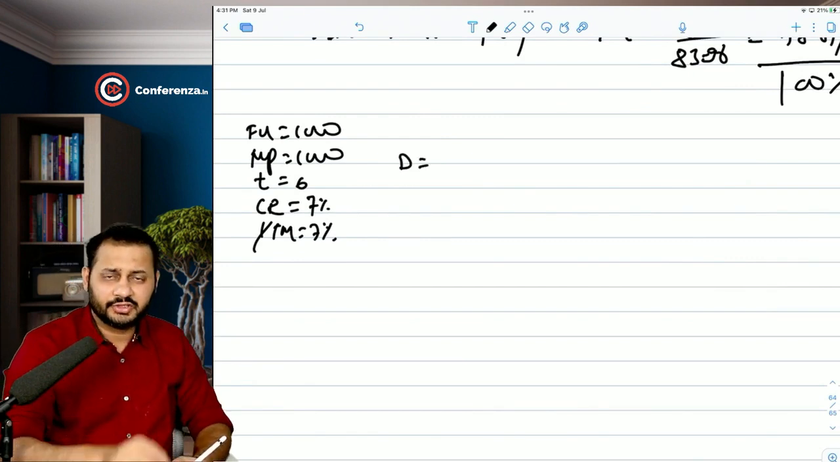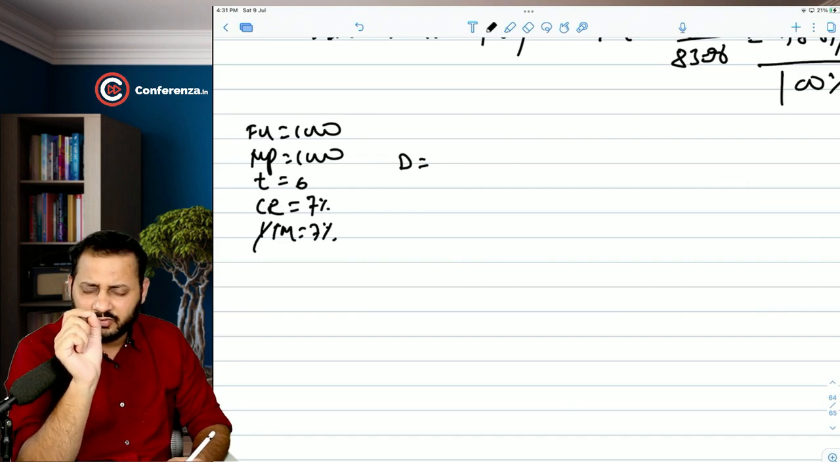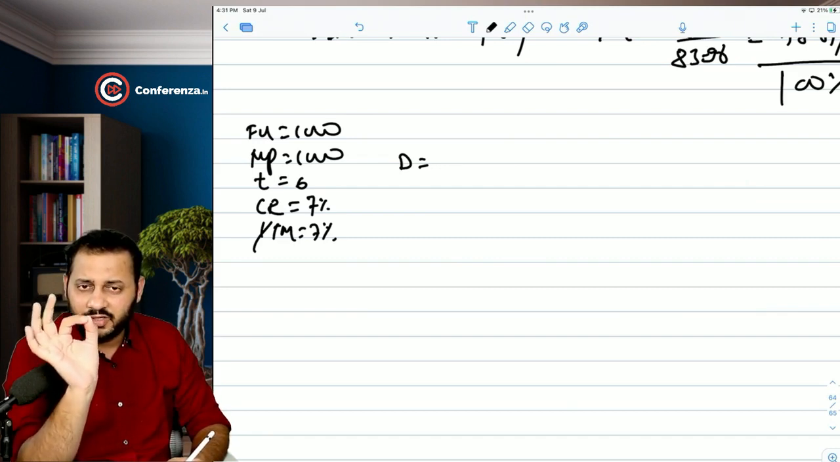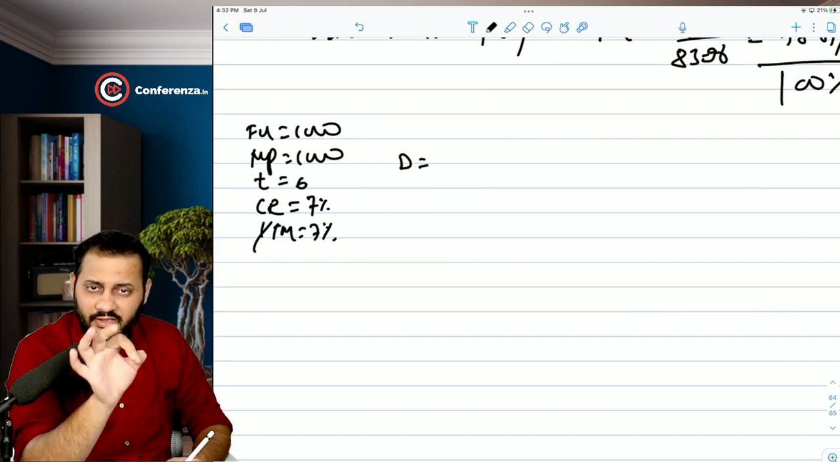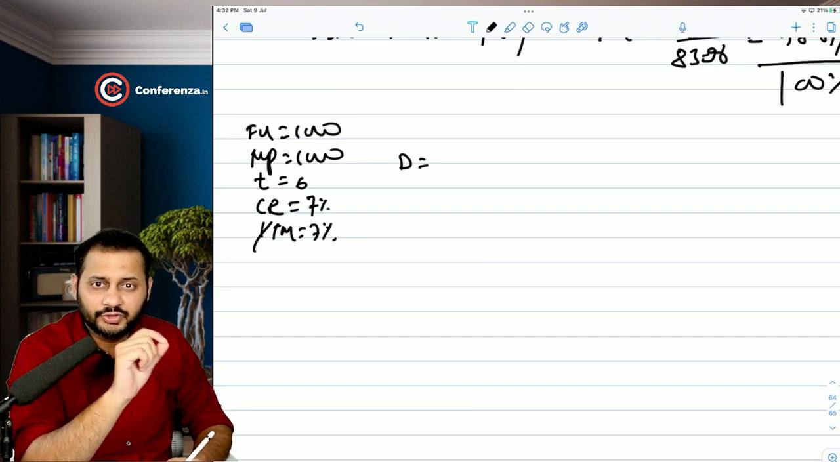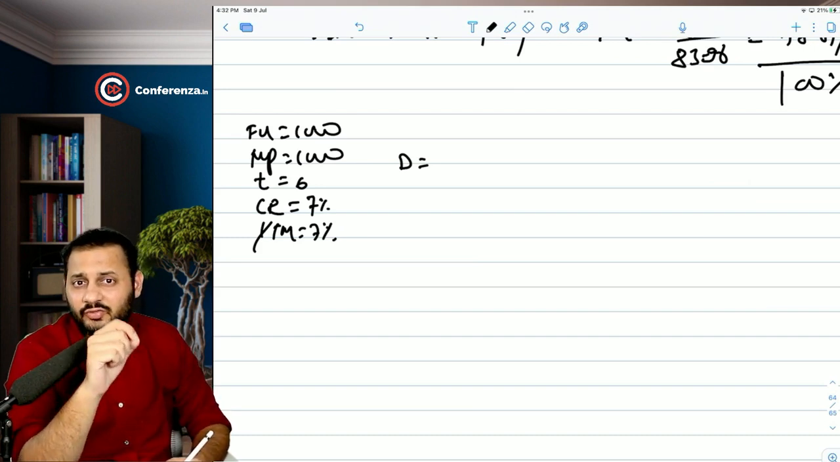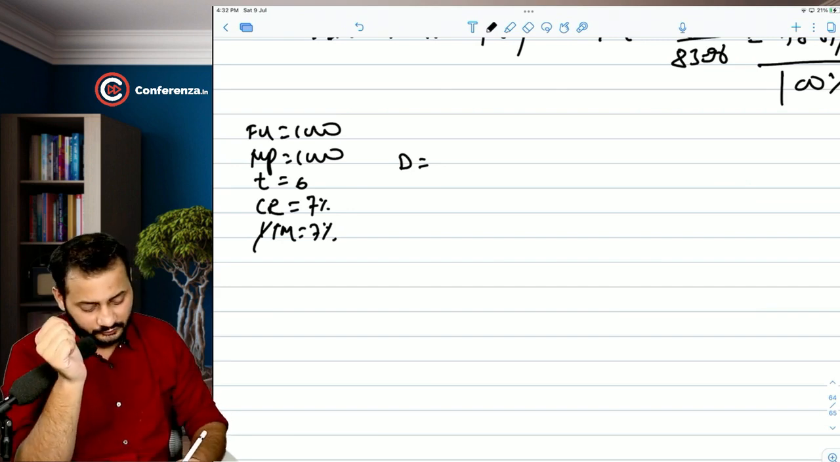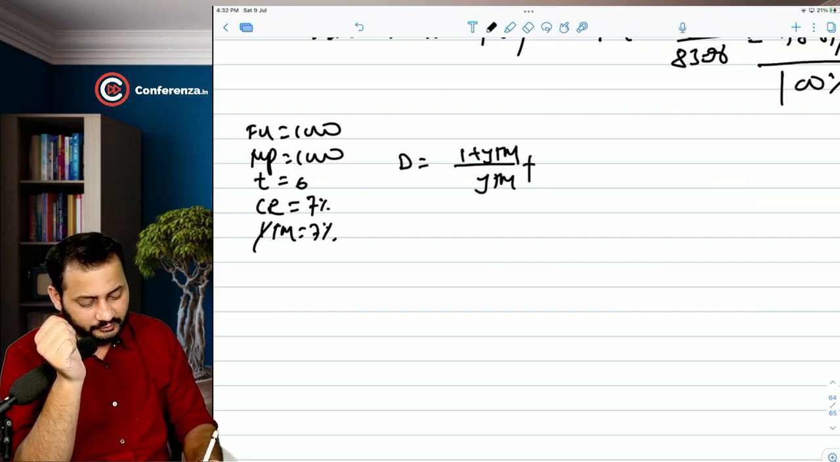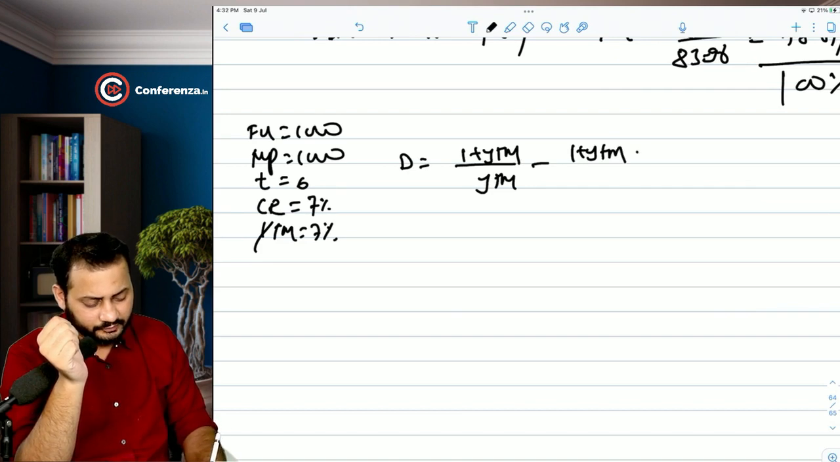Duration is equal to, what is duration? Please understand the meaning of every word that I'm saying. Duration is the weighted average time in years of the future cash flows, of the present value of future cash flows, which says in how much time we are recovering the present value of the bond. So 1 plus YTM divided by YTM minus, sorry, it's minus here, and again 1 plus YTM